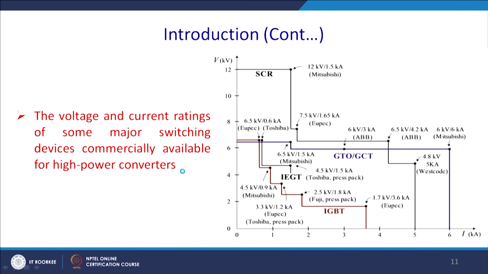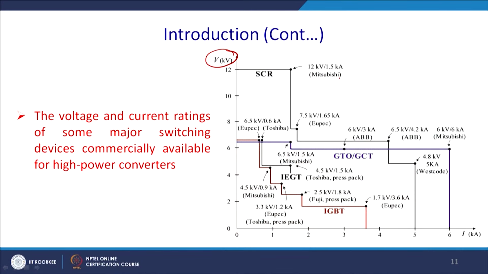So, this is actually the device rating that we can talk about today. You can see that the SCR has a huge voltage rating, and it can operate at 12 kV and 1.5 kilo ampere of current. Thus, if you multiply, the power rating goes as high as MVA or megawatt rating. So, you can see gradually,